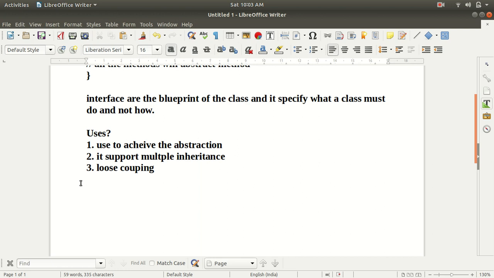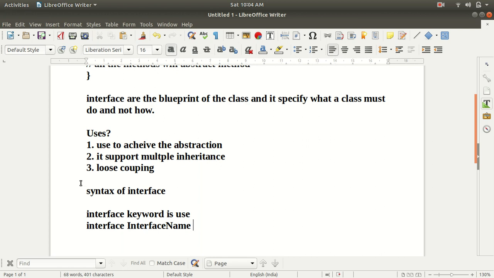Now the next thing we are going to see is the syntax of the interface. First we use the interface keyword, like this: interface, and then we have to give the interface name.